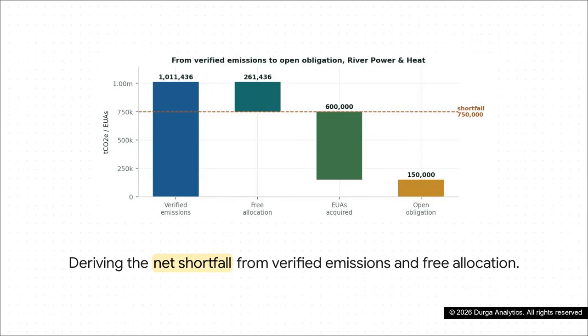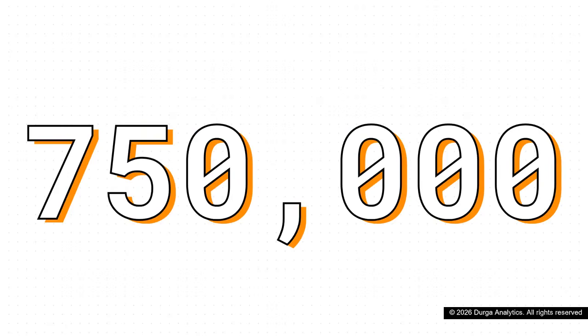And here's the kicker. Every component here can move independently. That's exactly why your shortfall is honestly just a forecast until the compliance year is officially legally verified. So doing the math, that leaves River Power and Heat with a net annual shortfall of 750,000 EUAs. Now, notice something interesting. This specific plant receives free allocation covering roughly 26% of its emissions,